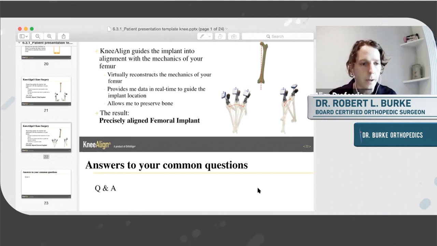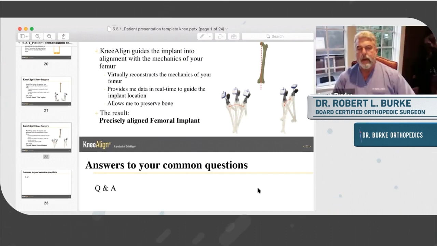So Dr. Burke, we do have a couple of questions here. The first one is from Marshall. He asked, for someone that has severe arthritis in his knee, but also has a relatively manageable pain level, what markers in bowing of the leg should he watch for in deciding whether or not to go ahead with a knee replacement surgery? Absolutely. It is not the degree of bowing of the leg that should lead one into